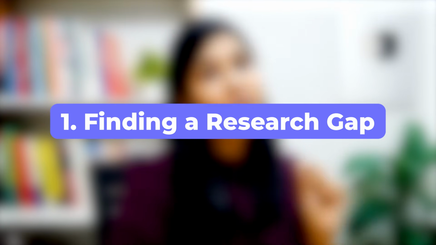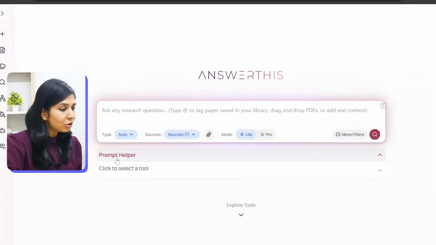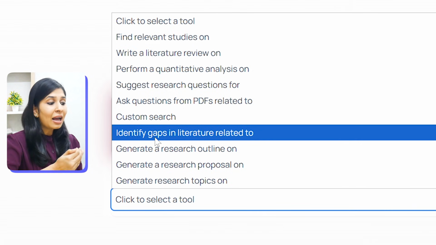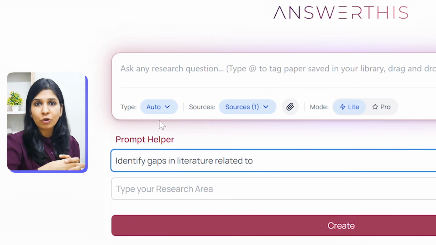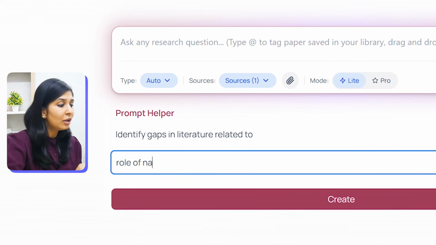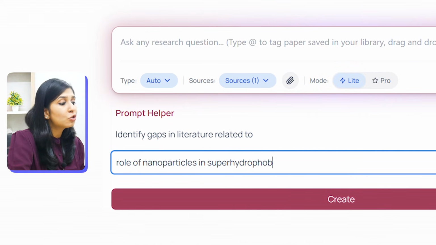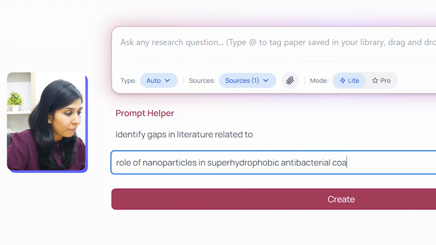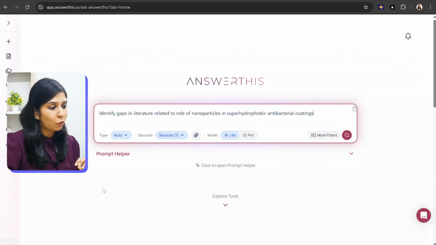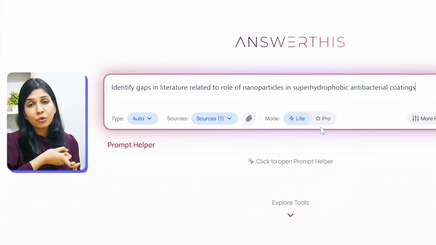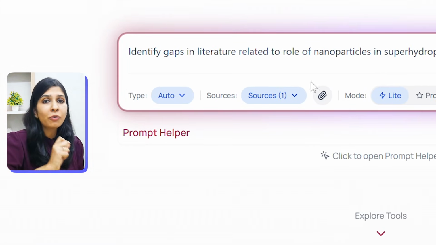First is finding a research gap. So here under the prompt helper, I can select identify gaps in literature related to, and then type my topic. For example, here I'm going to write the role of nanoparticles in superhydrophobic antibacterial fabrics. Honestly, the more specific I am, the better results I'm going to get. Another thing I can do is also choose the type of search I want.